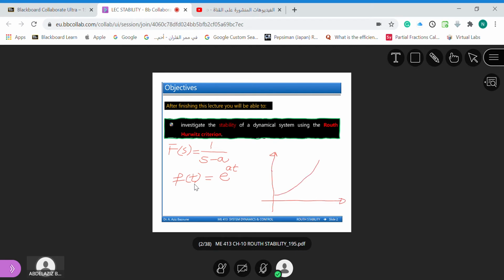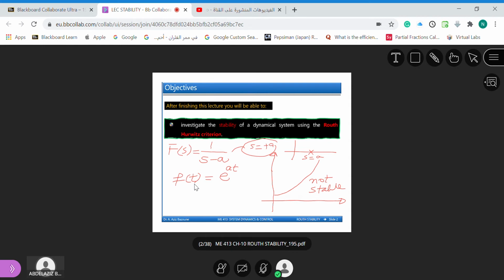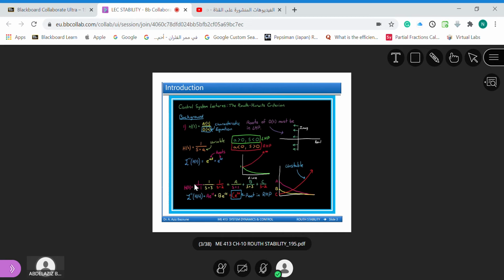So we say that our function here is not stable. Why? Because it is increasing with time, not like the previous one. When the pole is s equal to plus a, the pole is lying on the right-hand side plane, and s equal to a will be here. So here we decide whether the pole lies on the left-hand side plane or the right-hand side plane. We wrote the characteristic equation in this form,